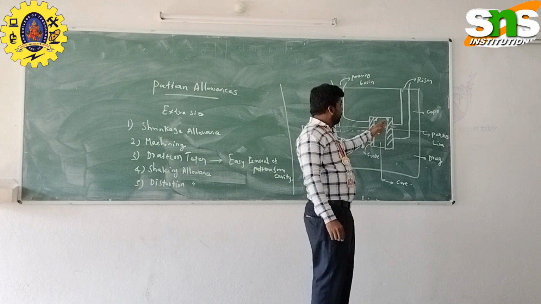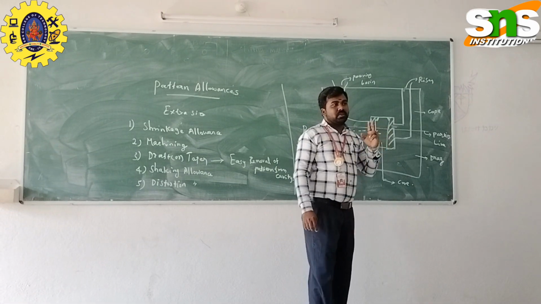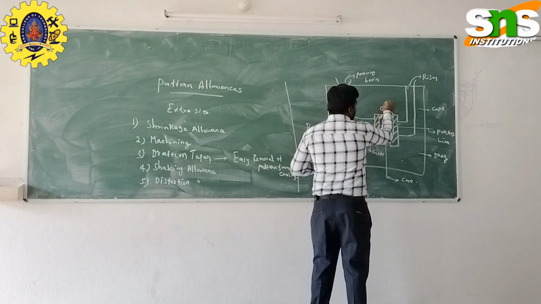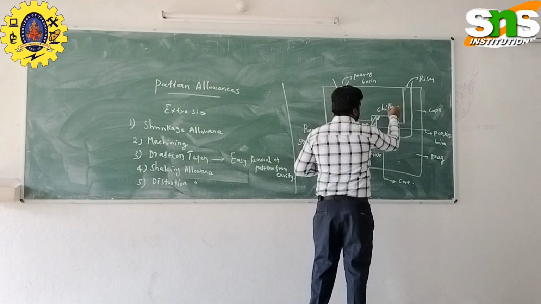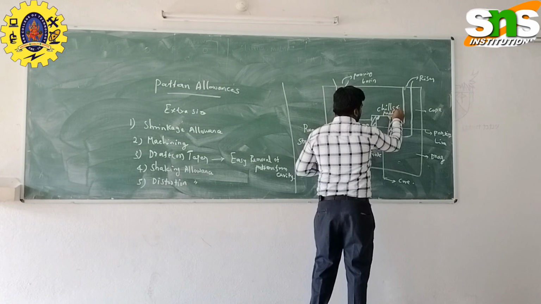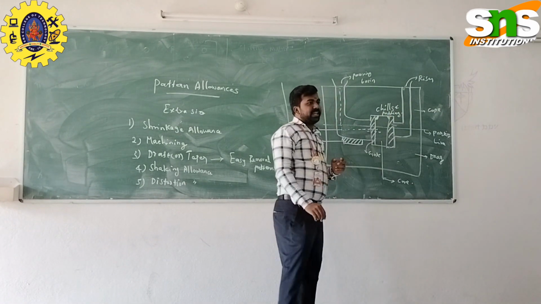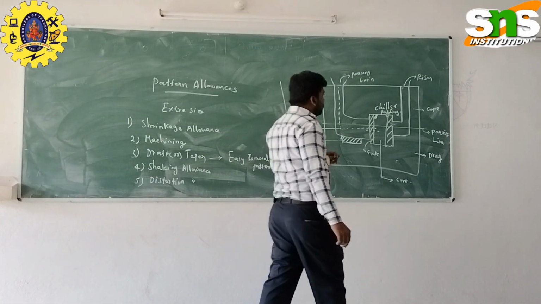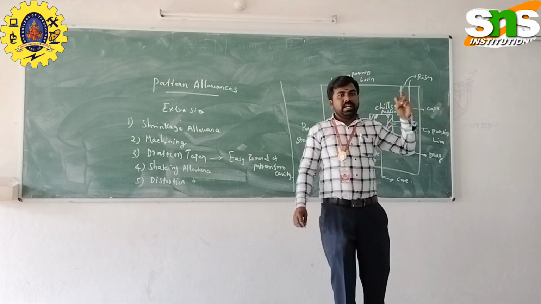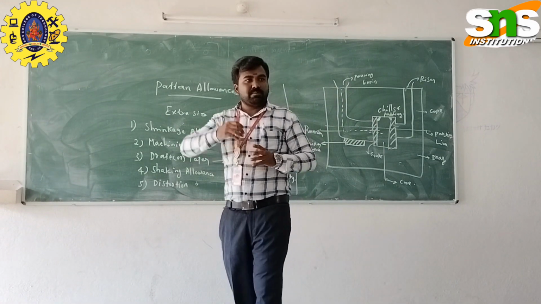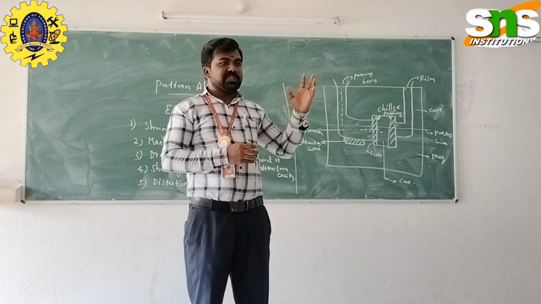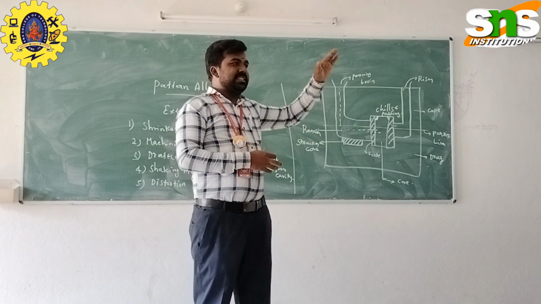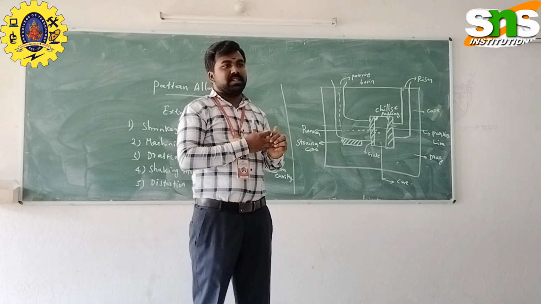So inside the mold cavity there are two important parts. One is the chills and the other is the padding. The chills and padding are used for the directional solidification process. So the riser is the vertical passage. The excess molten metal comes out through the riser, and it acts as a reservoir after the solidification process. This is the basic representation of the casting process.